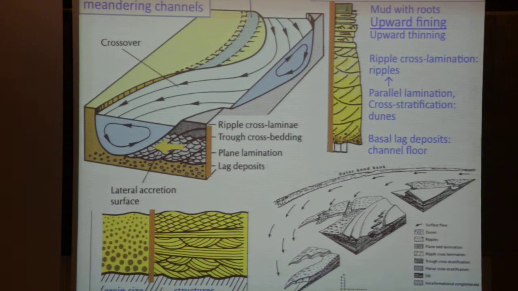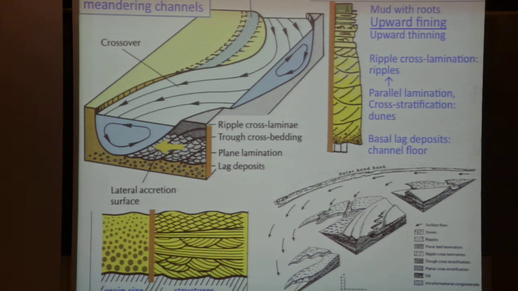The lowermost part is basal lag deposit, which is correlated to the channel floor. Above the base, point bar deposits consist of large packets showing trough cross stratification and packets of planar lamination,